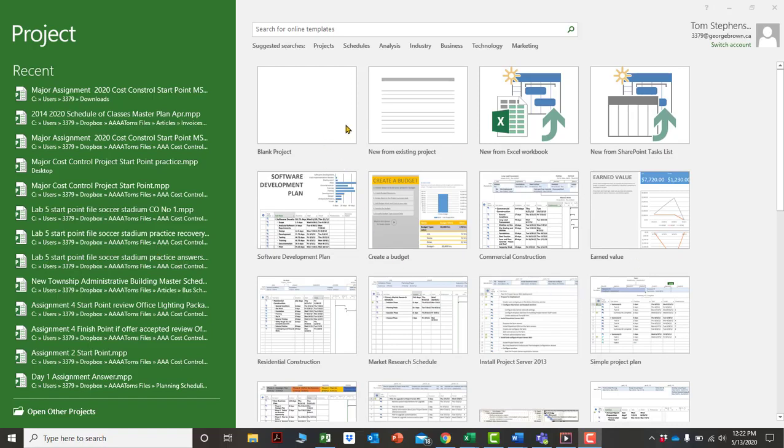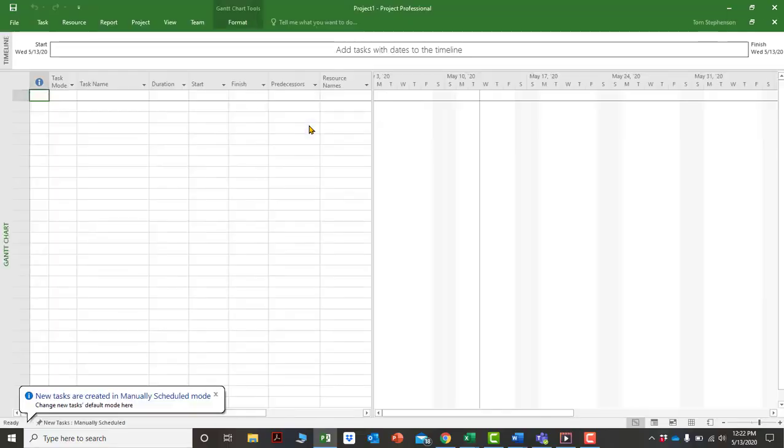you may see different templates and different options for you to choose. If you're just starting out to use Microsoft Project, your best bet is just to open a blank project file, which would be just this blank project template, which is the starting point for most projects. So you just double click on that and your screen should appear and you should see